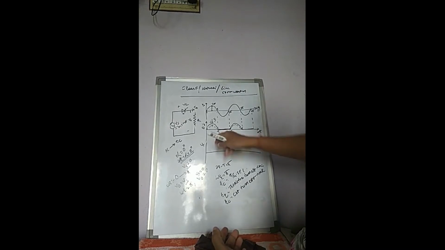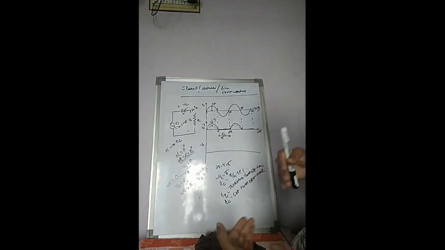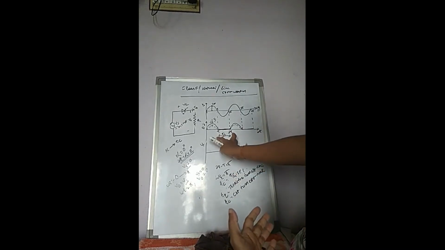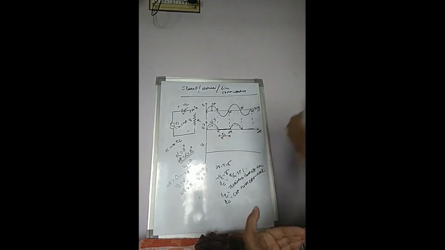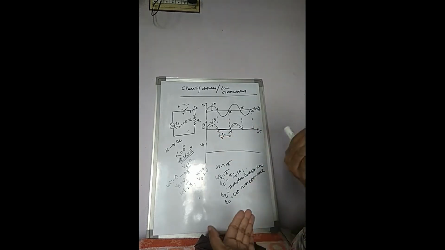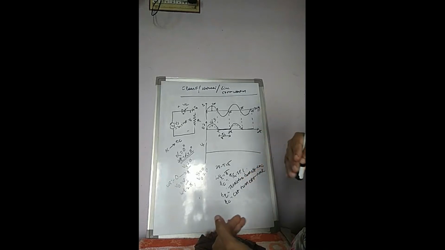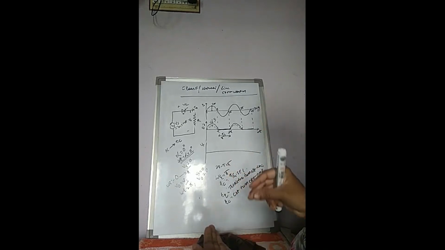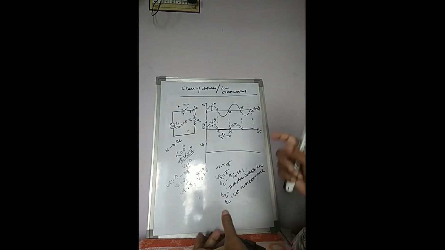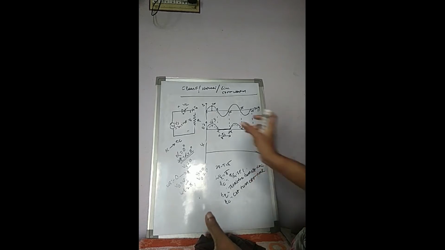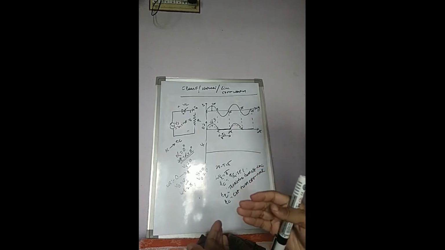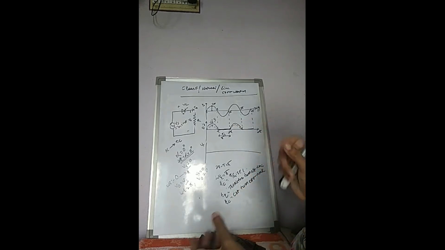The thyristor will be in reverse blocking state within a very short time, but we need to maintain that off time for some more time, because we need to maintain the reverse voltage across the thyristor for some more time greater than tq. tq is the thyristor turn off time, and whatever time we take to maintain the reverse voltage across the thyristor, that is the tc, the circuit turn off time.